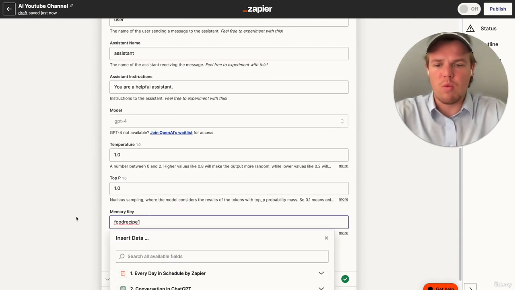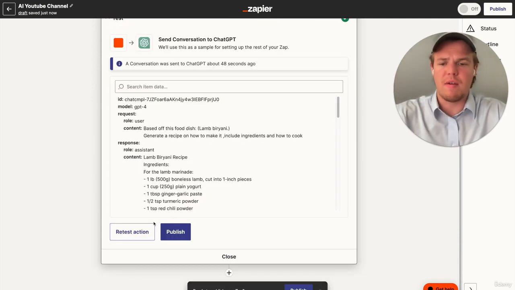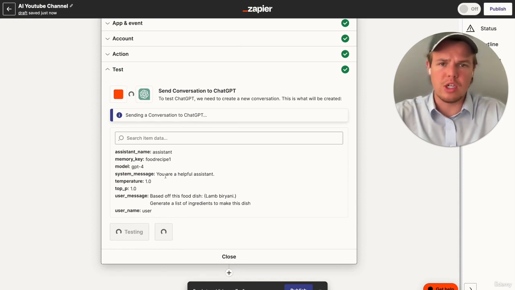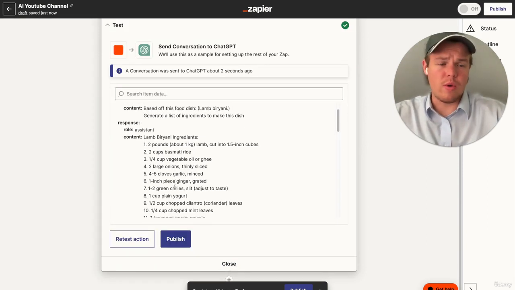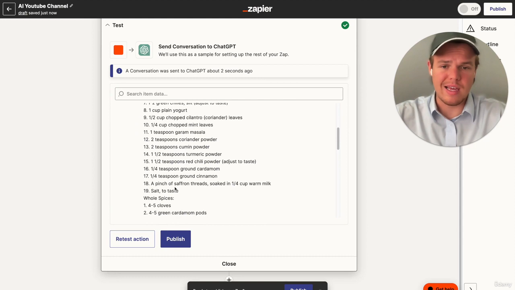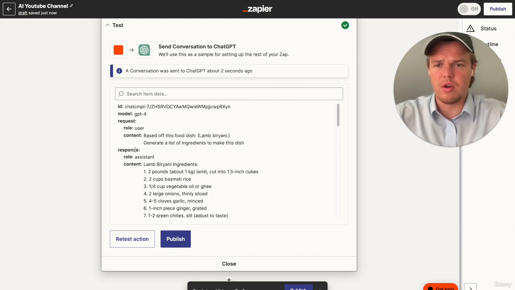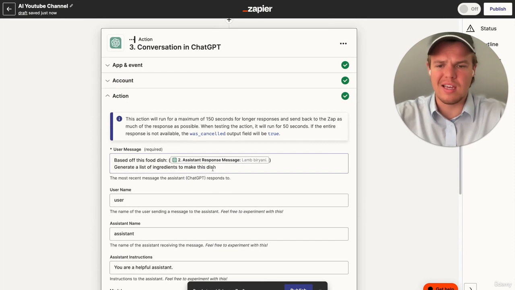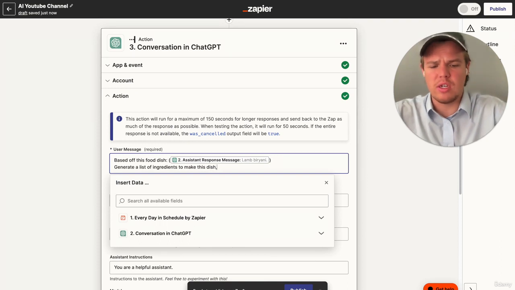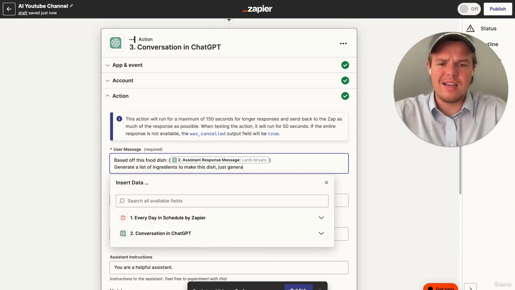We're going to make sure we add a 1 here to clear the chat. Let's start with a better structuring here, and then let's let GPT do the work. Okay, so it came up with another issue. Seems like it is still having issues with the output here. No worries. What we can do here is we're going to say, generate a list of ingredients to make this dish. Just generate the ingredients,